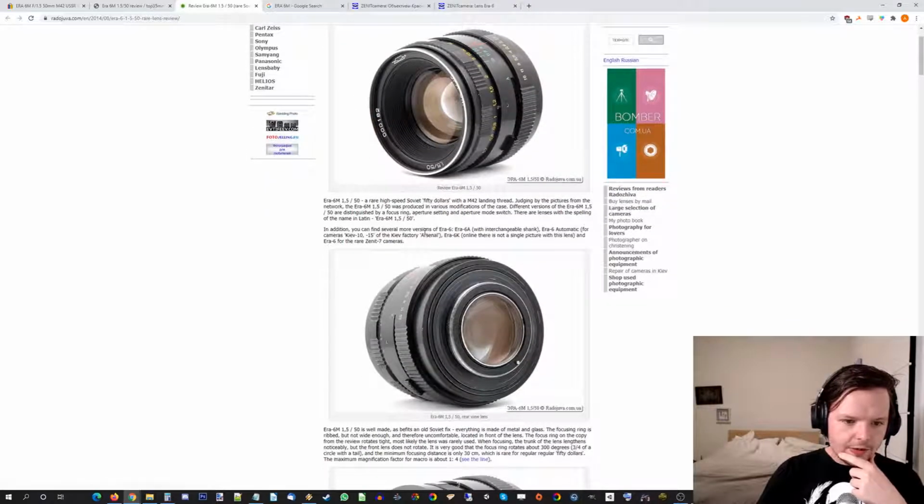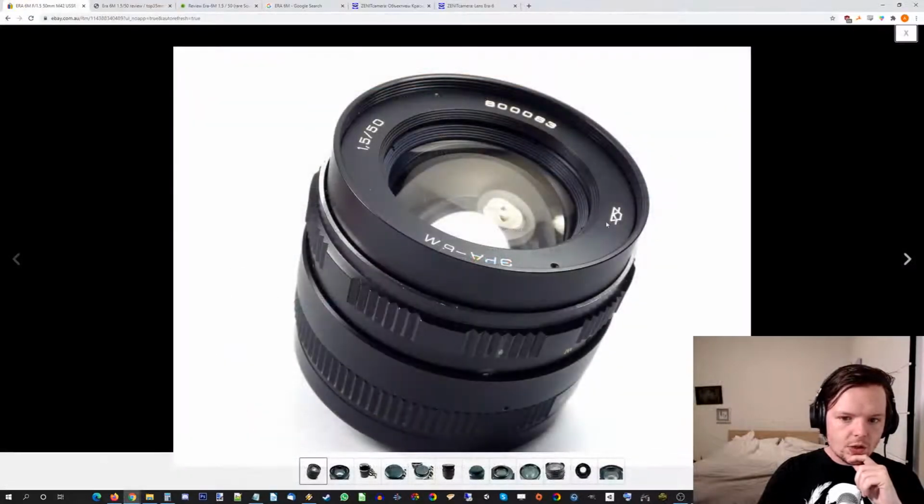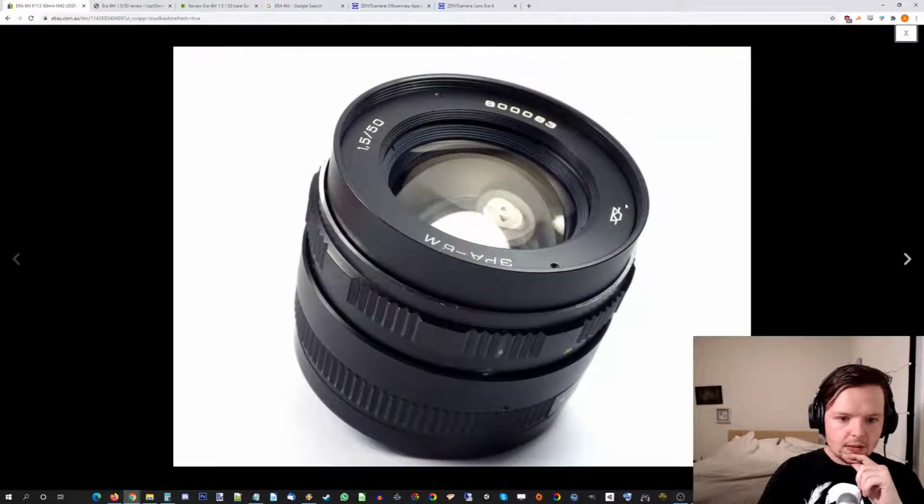I didn't know about this, so you can find several more versions of the Era 6A. So Era 6A was with an interchangeable shank. Shank probably there just means mount. Era 6 automatic. Era 6K, which would have been for Pentax, came out, and Era 6 for the rare Zenit 7 cameras. So because the Era 6 automatic comes from the Kiev factory, Arsenal, that means that what we're looking at here, it is not an Era 6A,